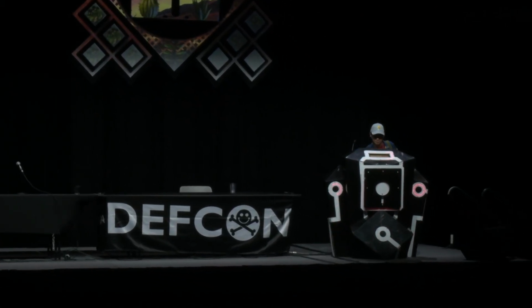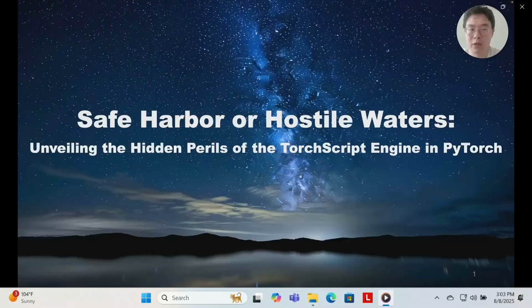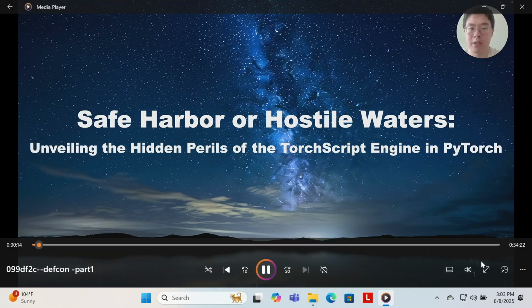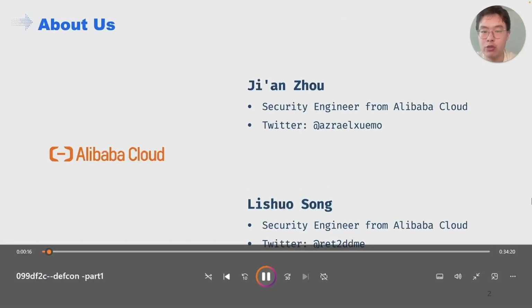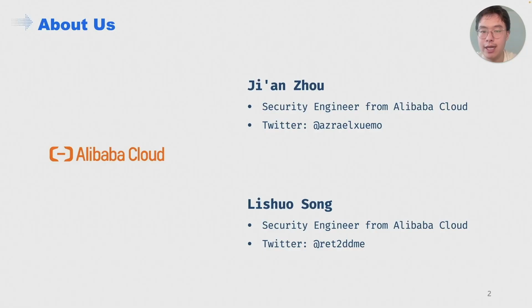Thanks. Hello everyone, thanks for coming, and I'm very honored and excited to be here to give a presentation. Today my topic is Safe Harbor or House of Waters, unveiling the hidden parts of the TorchScript engine in PyTorch. Let me briefly introduce ourselves: we are all security engineers from Alibaba Cloud, and I'm Ji'an,